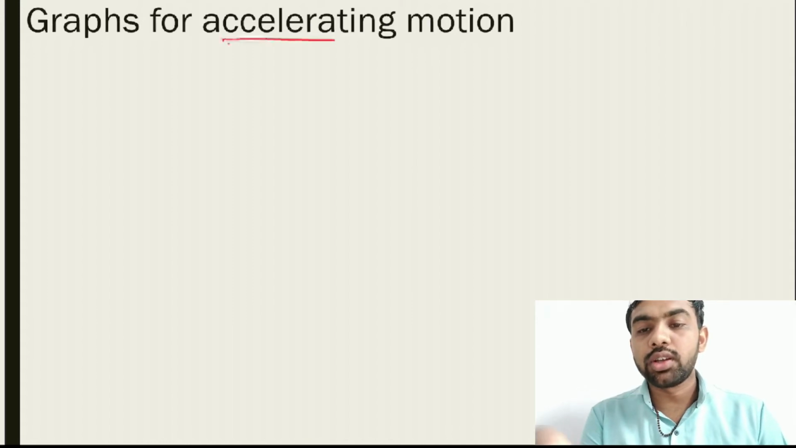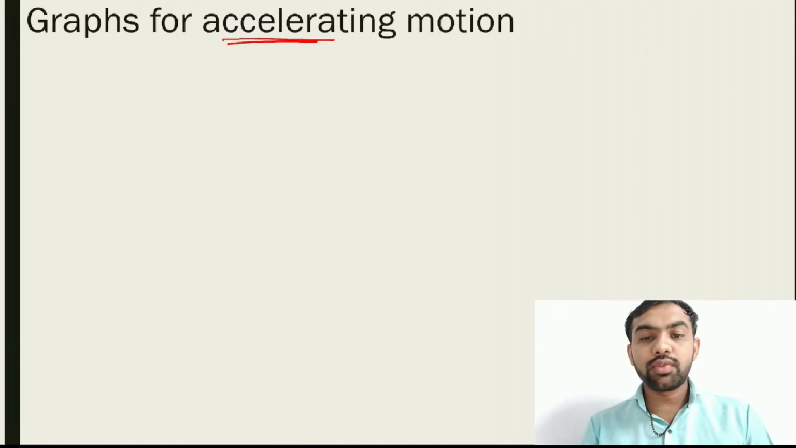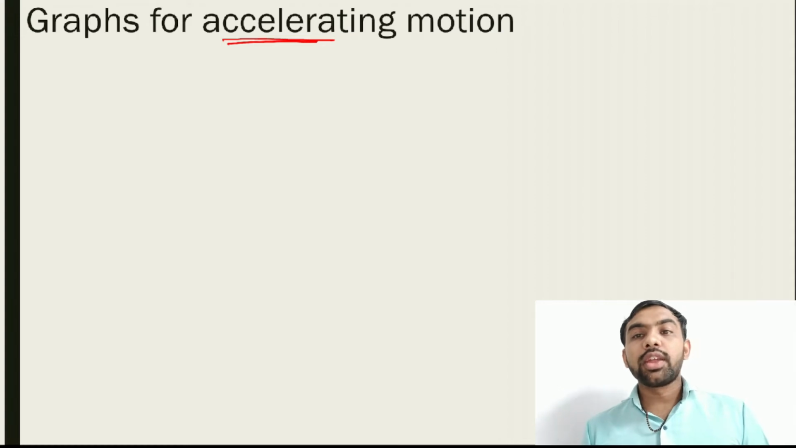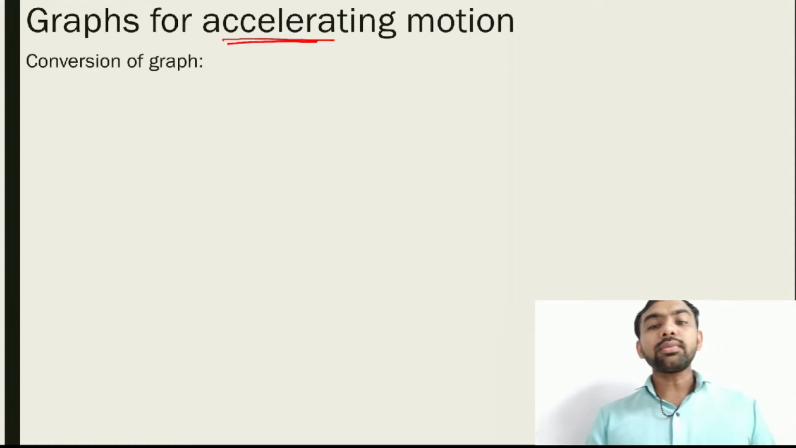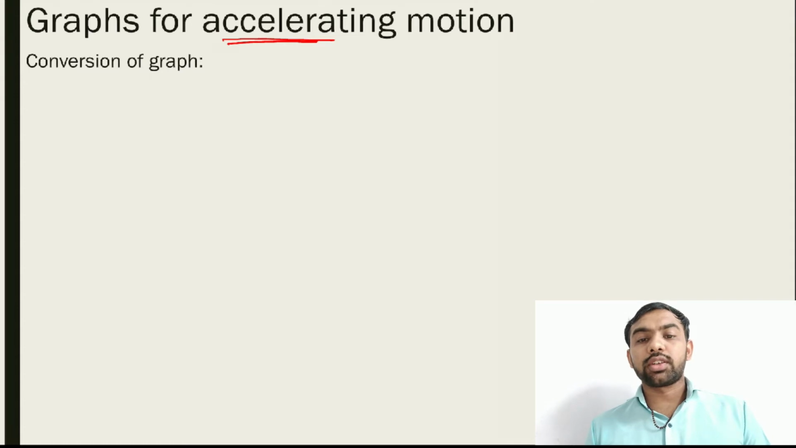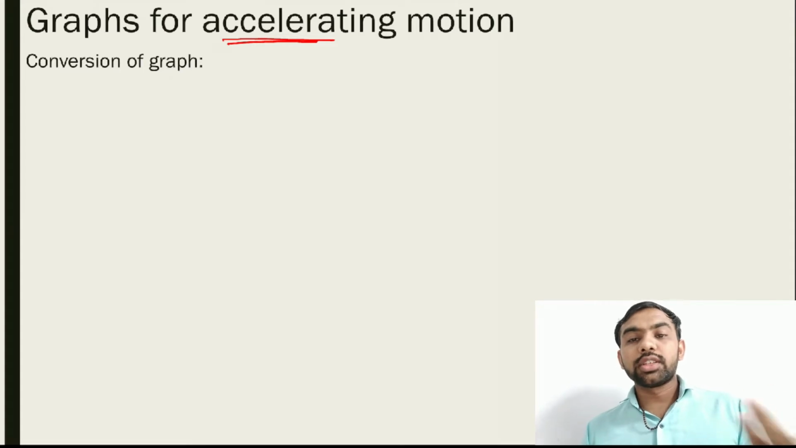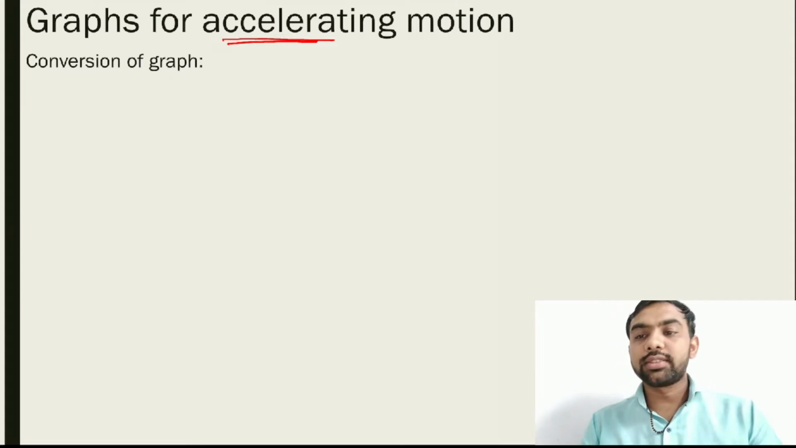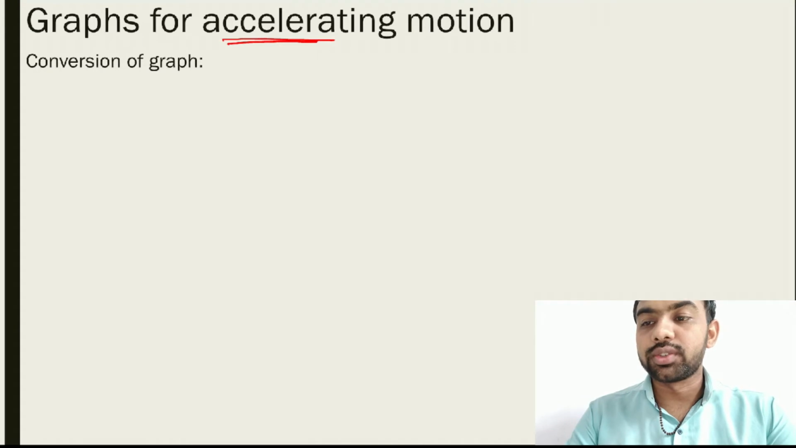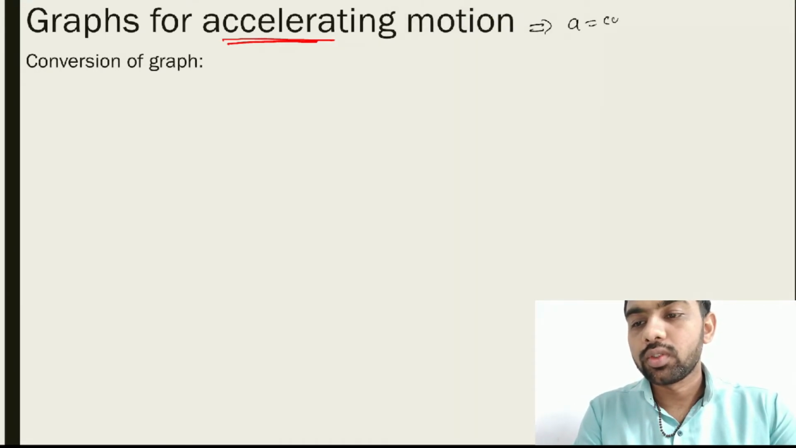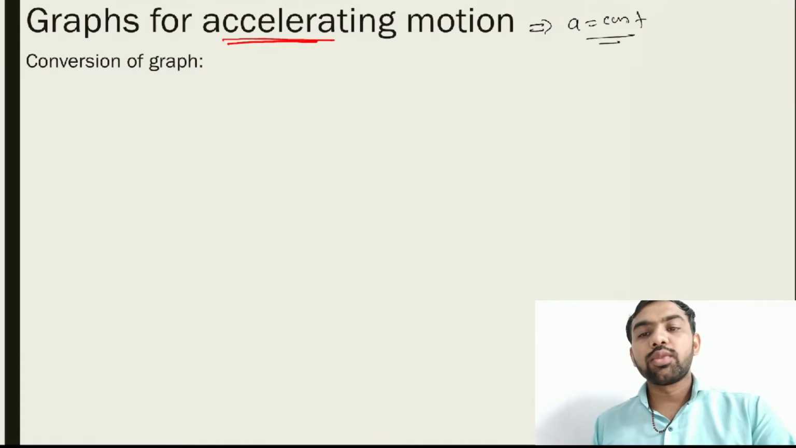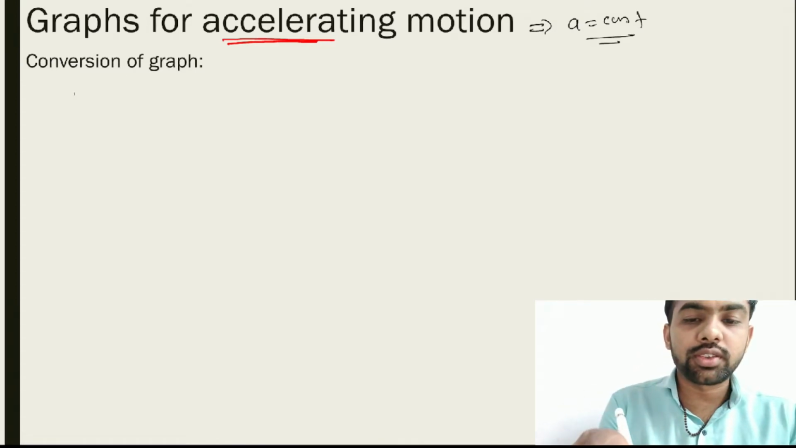Now we think about accelerating motion. If you consider accelerating motion, then how do we draw the graph? Understand the convention of the graph. Suppose you consider a is equal to constant, like in the velocity case we considered v is equal to constant. So let's consider a is equal to what? Constant. So again we are drawing the three graphs,